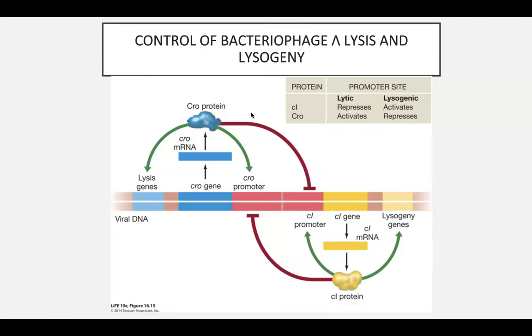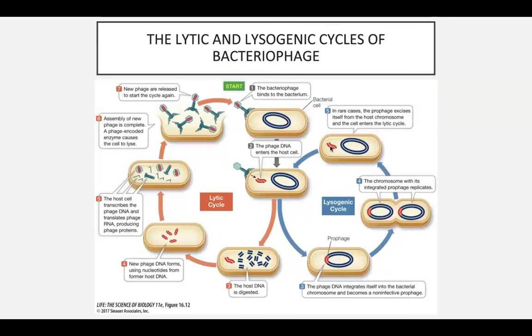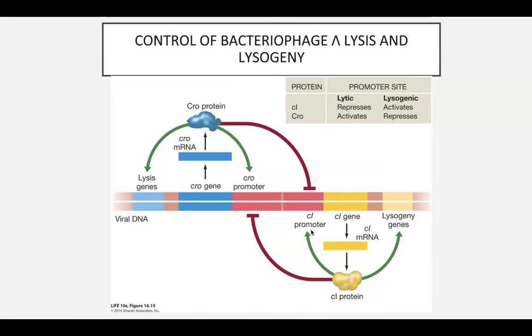Under these extremely stressful conditions, CI, which initially was high, is now degraded, so more CRO protein is produced. Because more CRO protein is produced, the genes responsible for the lytic cycle are activated, which excises the DNA from the host chromosome, and now it enters the lytic cycle. So here's an example of how genes can be activated or repressed based on the conditions. In a growing host, CI genes are activated, which allows it to be in the lysogenic cycle. However, under stressful conditions, CI genes are repressed and CRO genes are activated so that it can enter the lytic cycle.